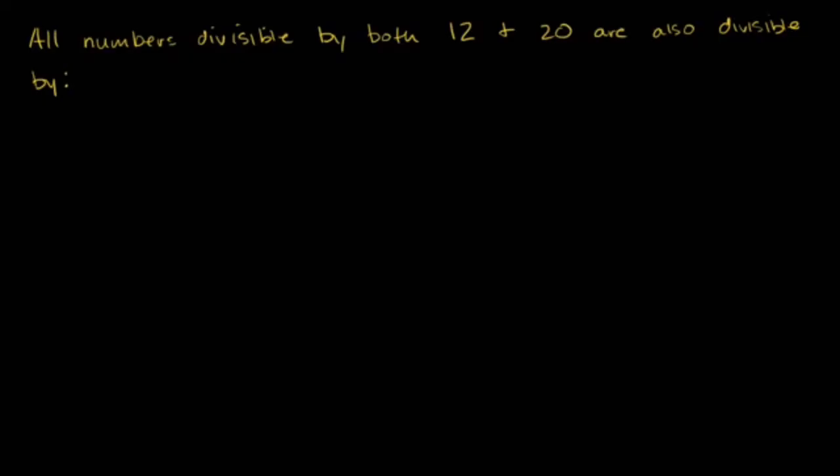In this video, I want to do a bunch of example problems that show up on standardized exams and definitely will help you with our divisibility module because it's asking you questions like this. All numbers divisible by both 12 and 20 are also divisible by... And the trick here is to realize that if a number is divisible by both 12 and 20,